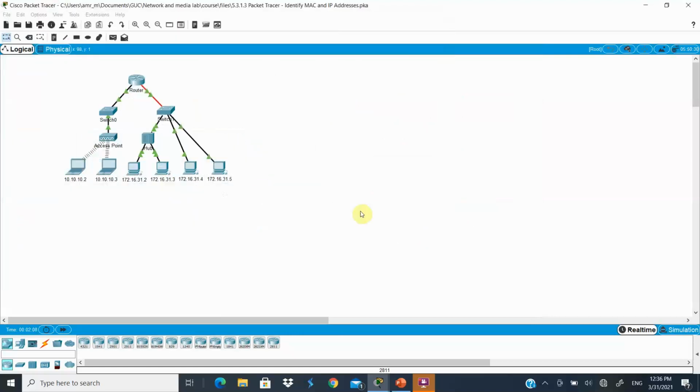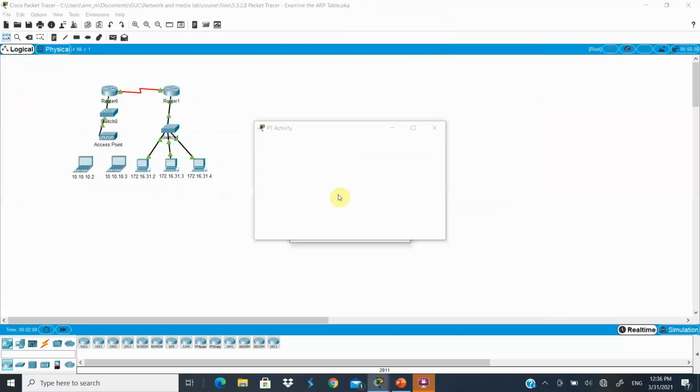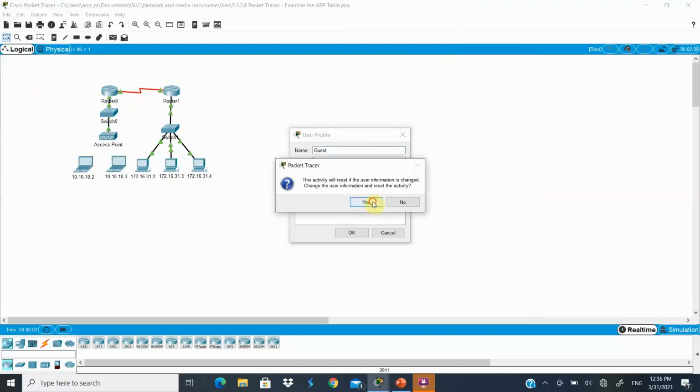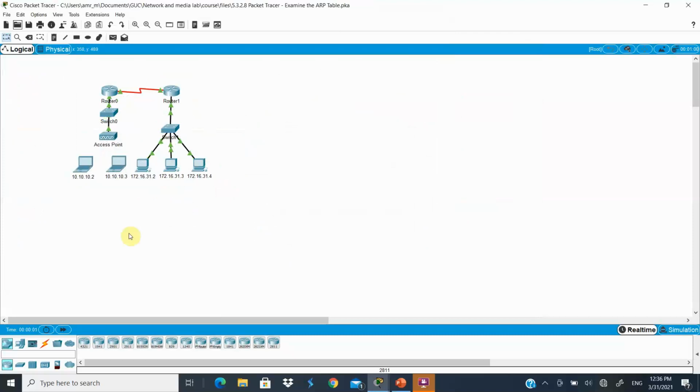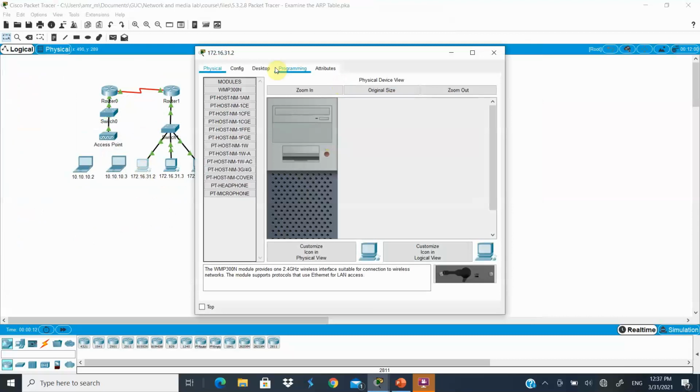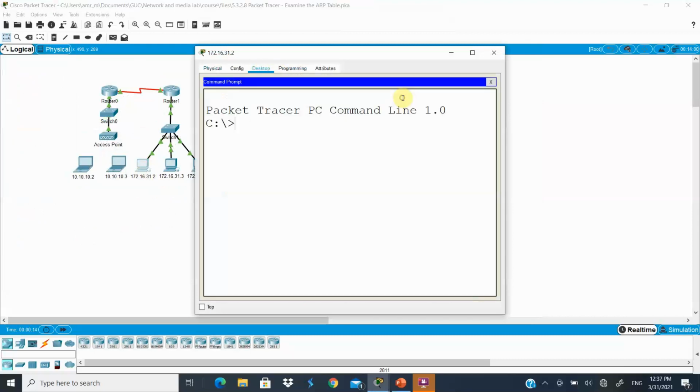Let's see a different example. Okay, now we have this network. There is no hub. There's actually two routers connected to each other, and these routers serve the 5 end devices that we see here. So if we open this device and we do ping